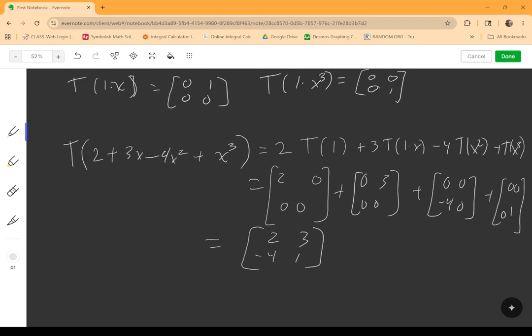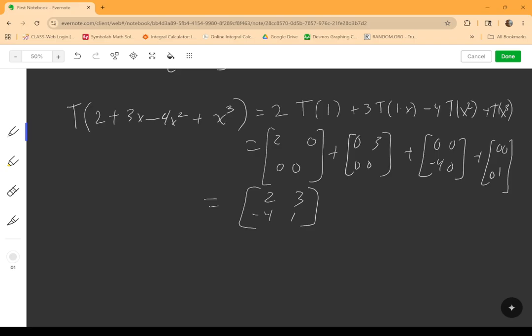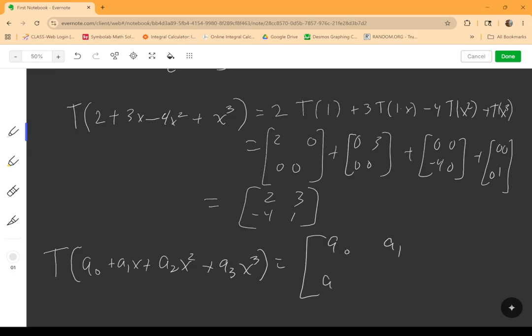In general, we can see the pattern here. The transformation for a general polynomial would be the 2 by 2 matrix defined by,